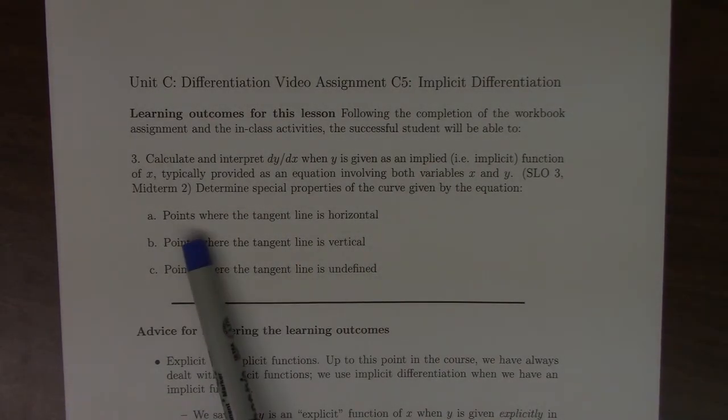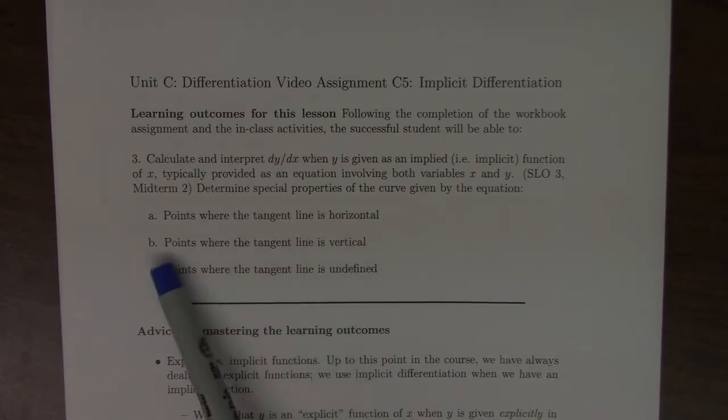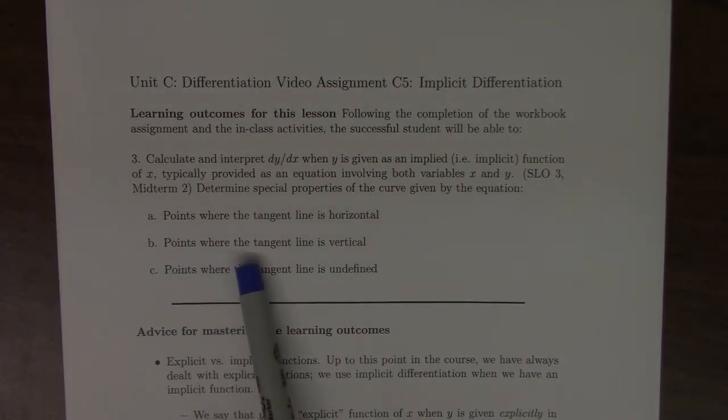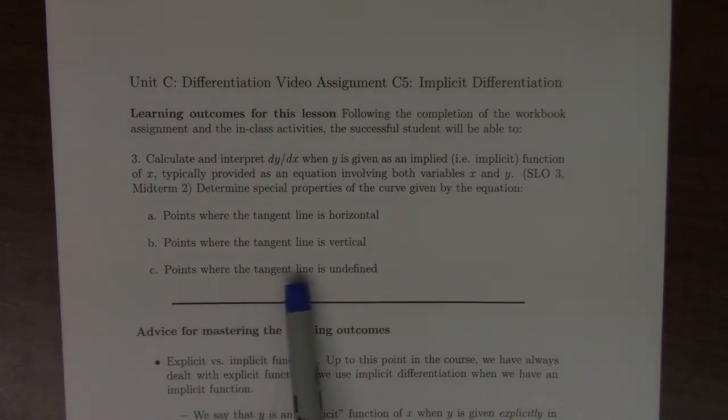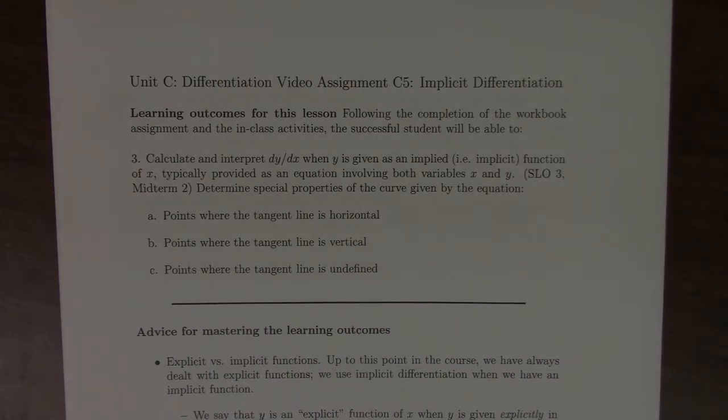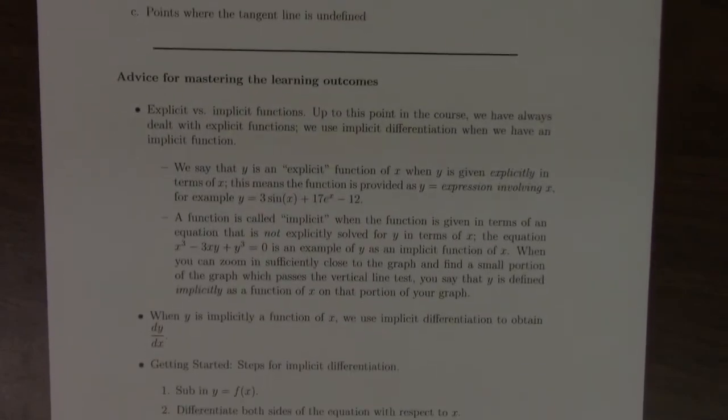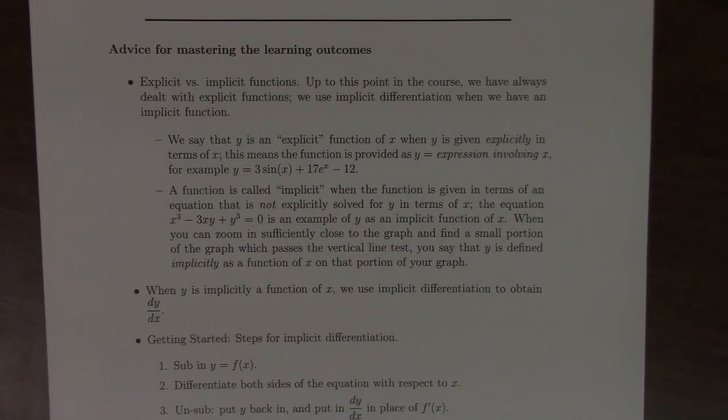So we want to be able to determine where the tangent line is horizontal, we want to be able to determine the points where the tangent line is vertical, and we want to be able to find the points where the tangent line is undefined. So in order to master these outcomes, we need to understand a few things about what we mean by an